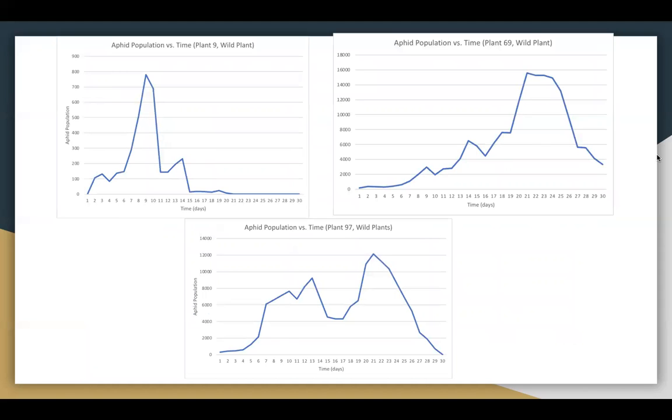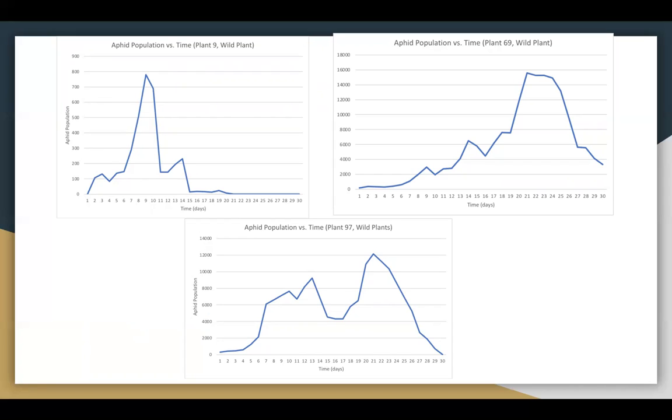These three graphs above show the changes in aphid population in the second experiment, changes that can occur due to predation from the ladybugs rather than being in a cage. The first graph in the upper left, which is data from plant 9, the number plant out of 107, depicts a large spike in aphid populations early in the data collection period, implying that predation from ladybugs is occurring later on in the data collection period.